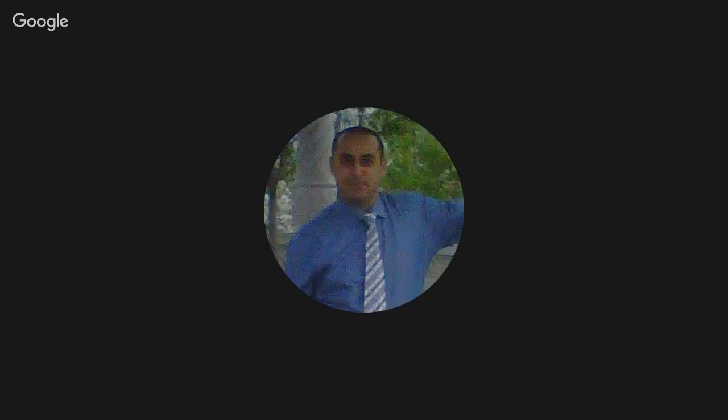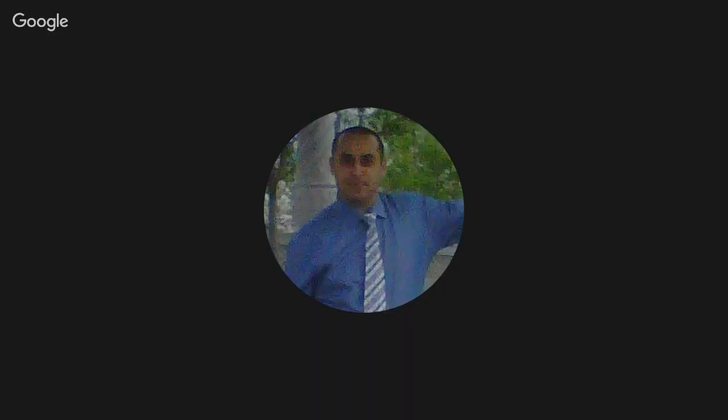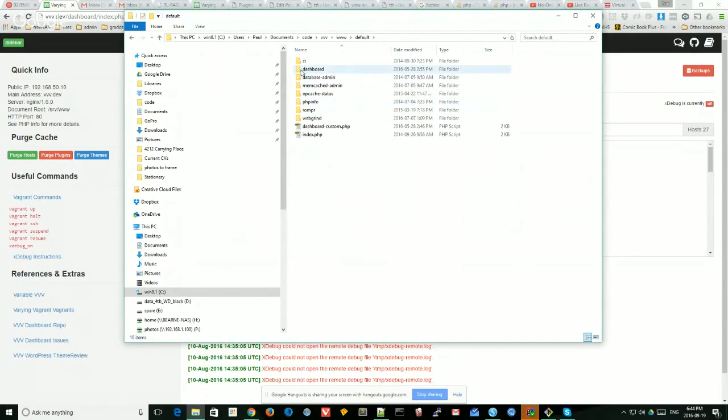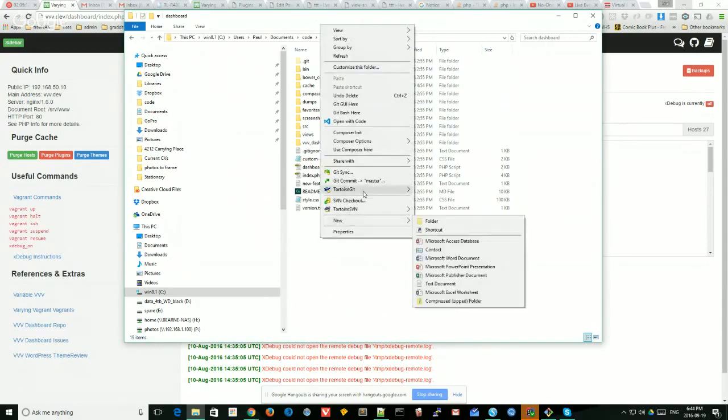Okay, so let's come back to here, and let's share a screen, and we're going to share screen 2. We have a screen shared. So this is VVV with the dashboard extension on it. Oh, this is like a GUI for it. Yeah, they do everything from the command line. Here's a VVV build. If you come into the default, there's this dashboard. You basically drop this file in out of this folder, and this repo